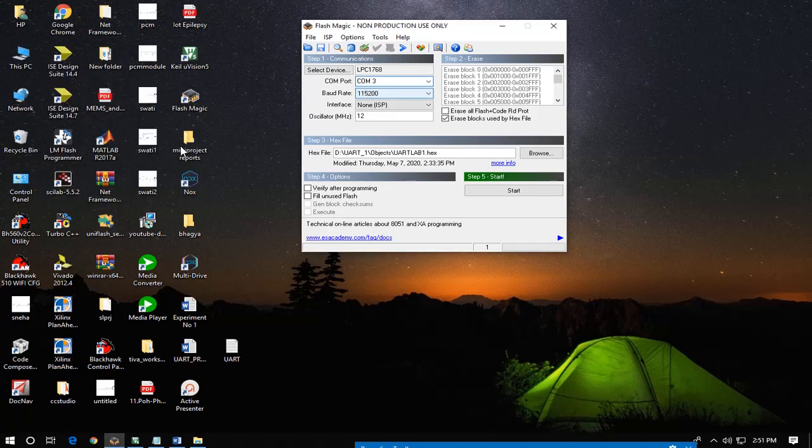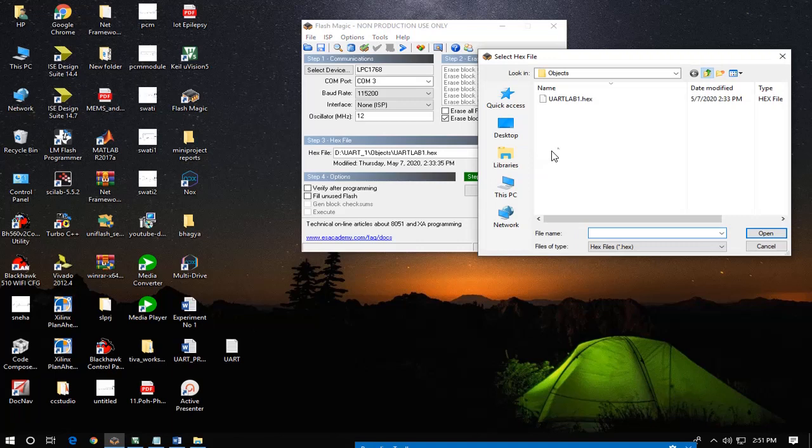I can check the device manager, and here in the device manager you can see this is a COM port, COM3. Okay. Now COM3 is selected, and here baud is to be selected 115200, and these will be as it is, and oscillator crystal frequency is 12 megahertz.